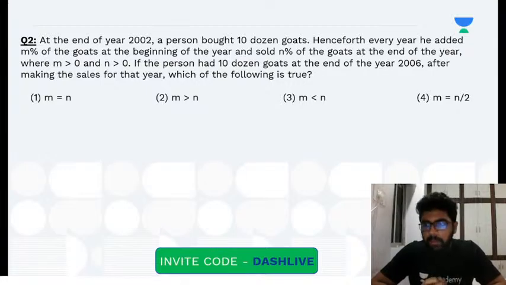Let me know the answer. If you guys have the answer to this, do type in your answer and then we'll discuss it. Again, it's a very easy question if you just apply your common sense. This looks difficult, but it's a very easy question. Take 30 seconds, try this and post your answers in the chat section.